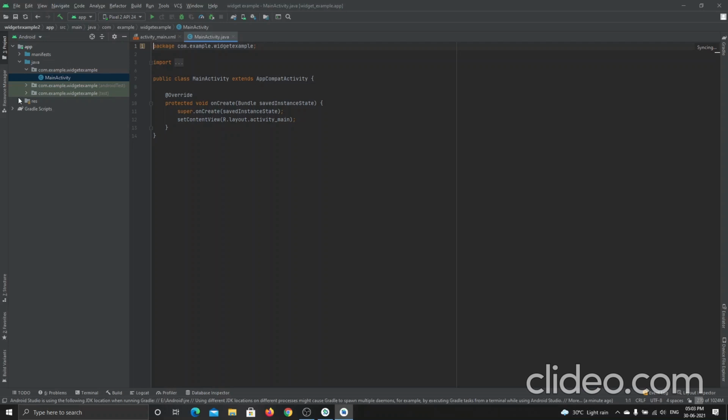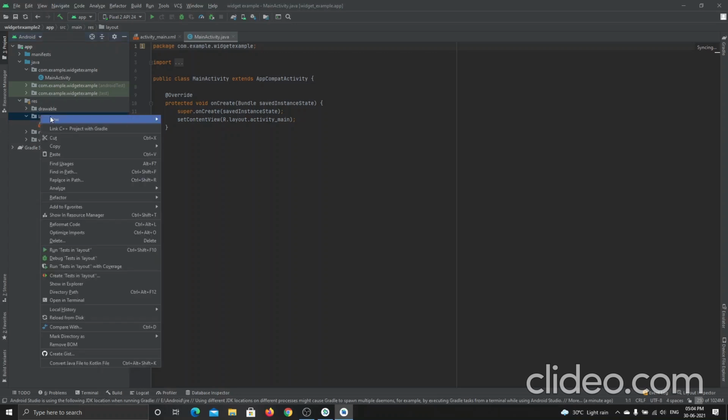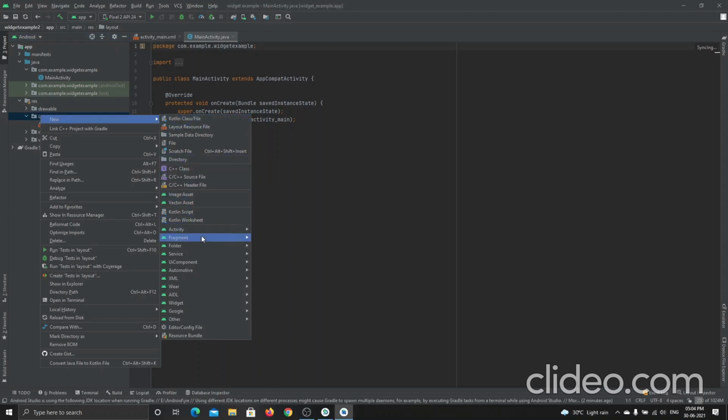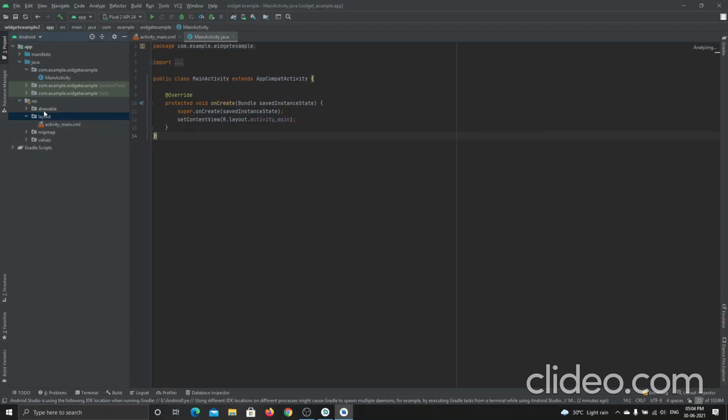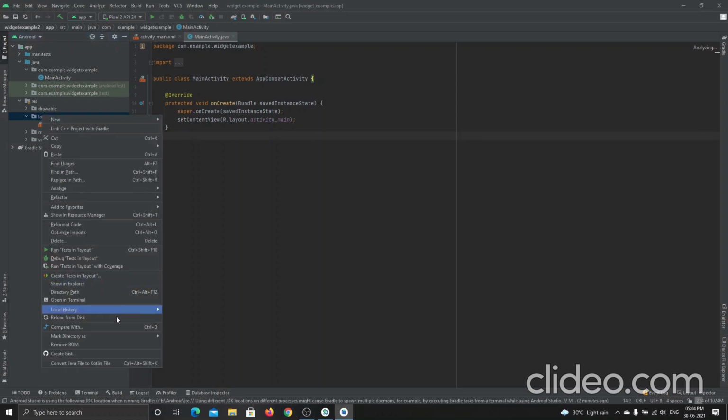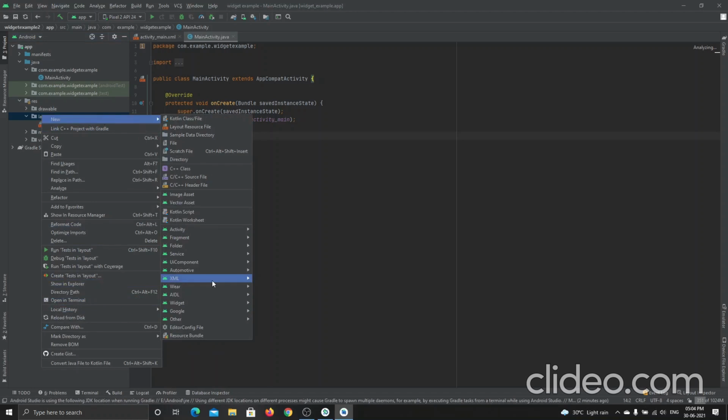For building an app widget, you want to go inside this resource, inside this resource layouts, select this layout and right click on it. Then you will get some options like new project and all those things. Here in this new you want to go to widget. Not in this main activity.java, but you can use there also, no worries, but better to go with the layout. Just go to new, and inside this select widget and app widget.